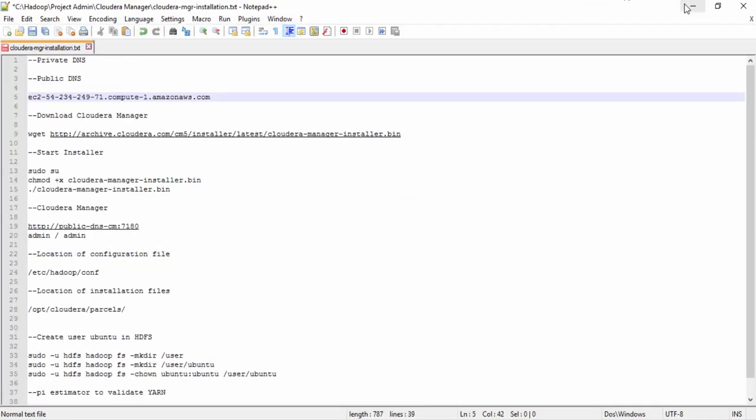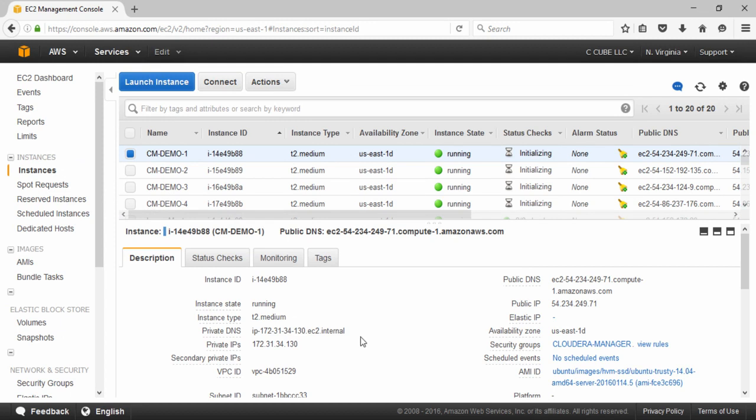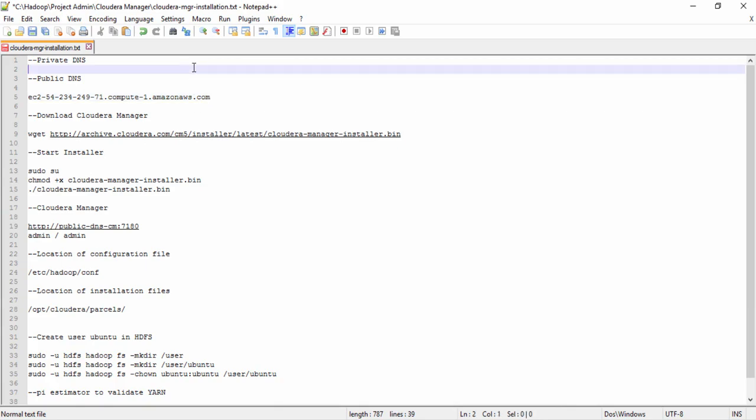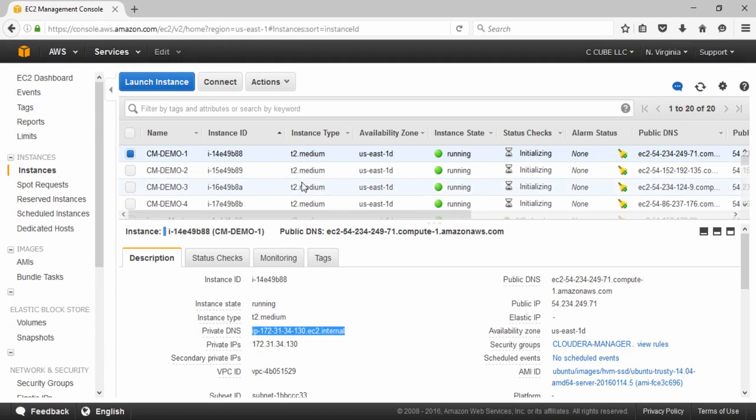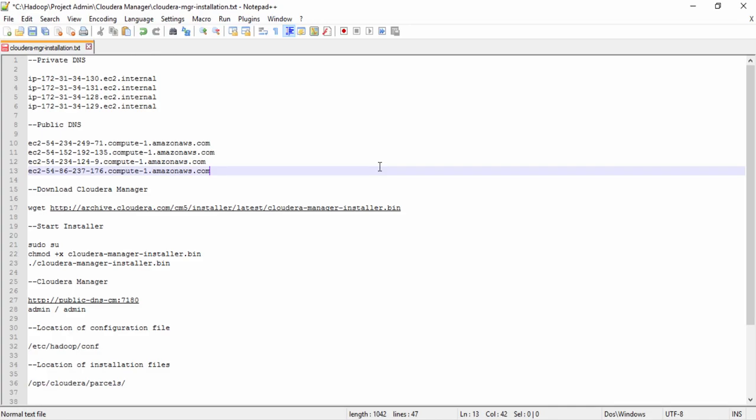Public DNS, private DNS. I'm going to do this quickly for the other three nodes as well. Now that we have saved the information for private DNS and the public DNS, let's go ahead and connect to